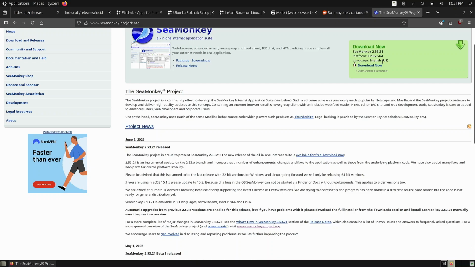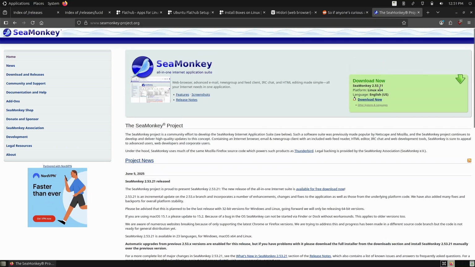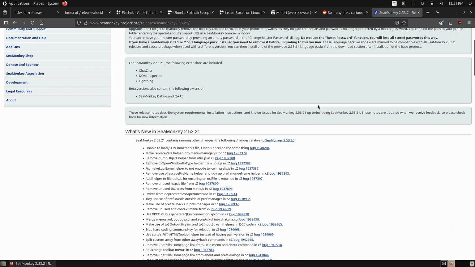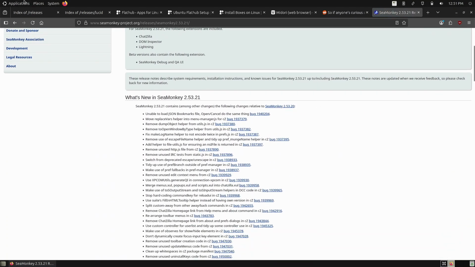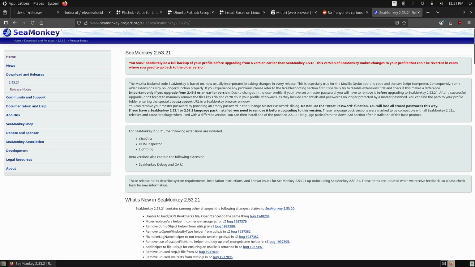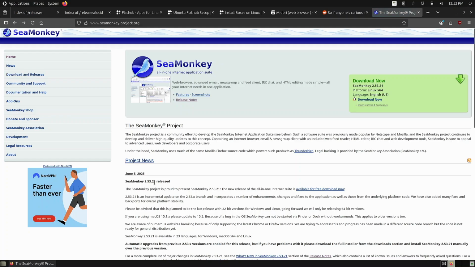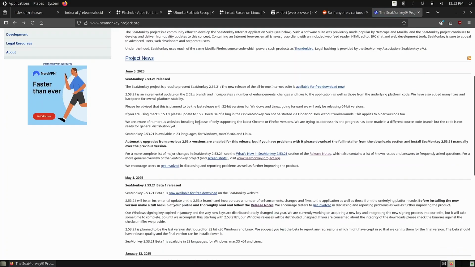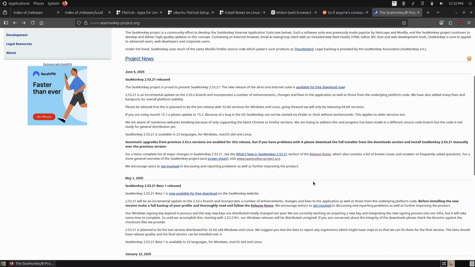Let's see here. 2.53.1. When's the last release notes? Okay. Last project news, June 5th. Oh, okay. So the last release was in June. So it is still being actively maintained, but I imagine